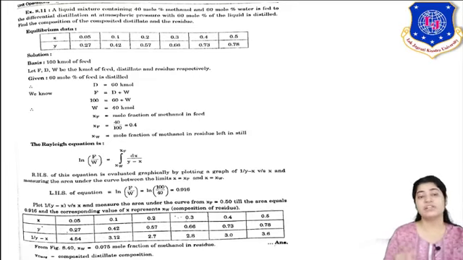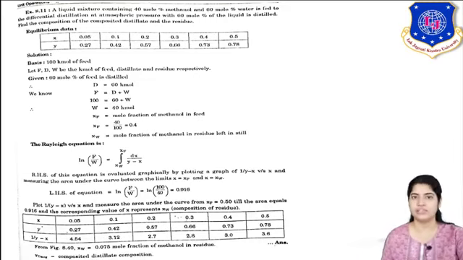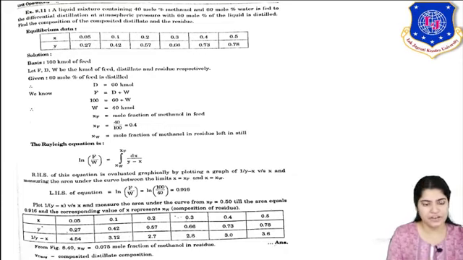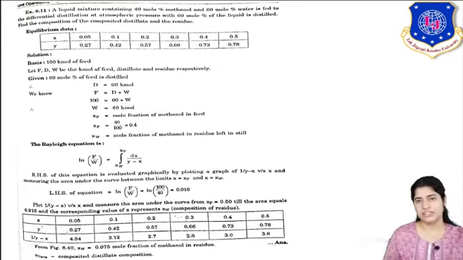Now see, 60 mole percent of feed is distilled. It means D, the distillate amount, is 60 kilomoles. Now the overall balance is F equals D plus W. Substituting the values of F and D, I get W as 40 kilomole. So now I have the amounts of feed, distillate and residue. Feed is 100 kilomole, distillate is 60, residue is 40.